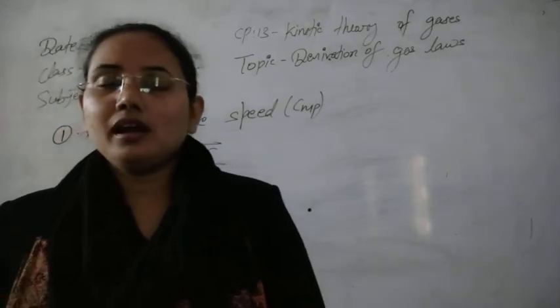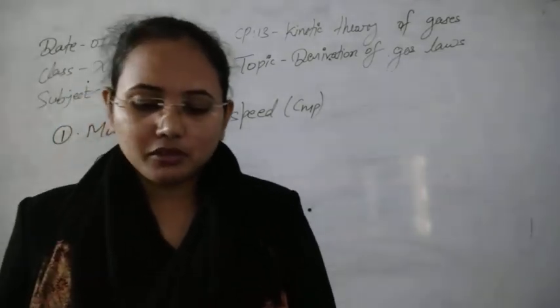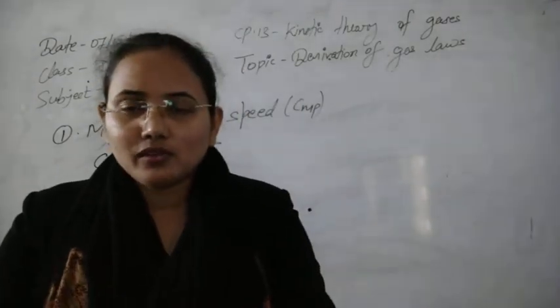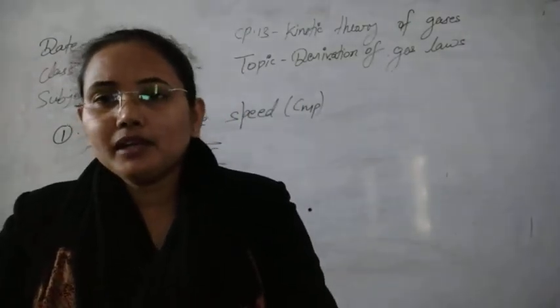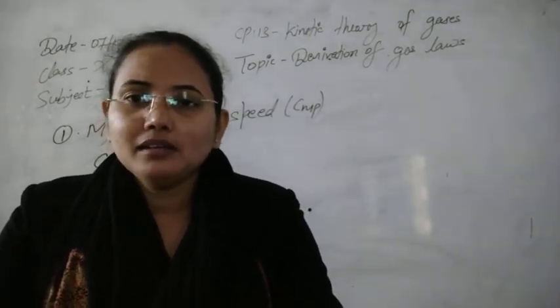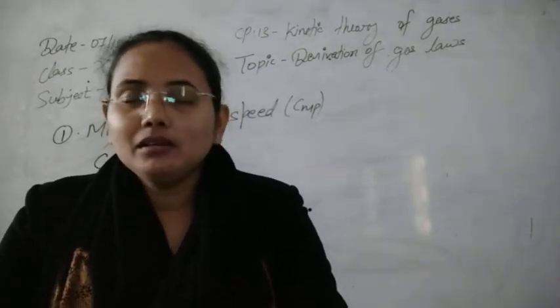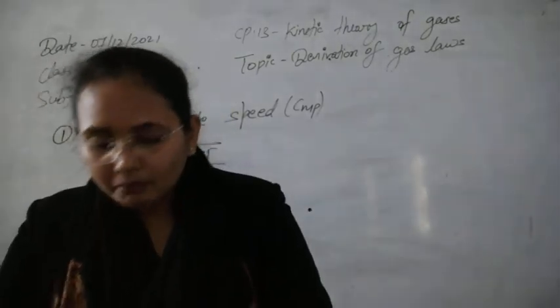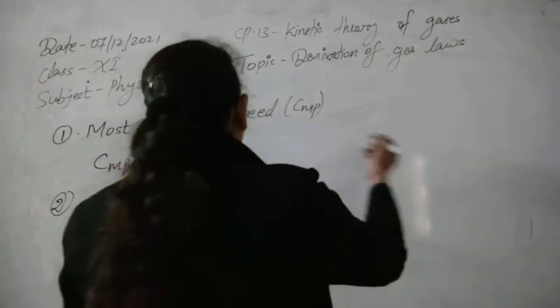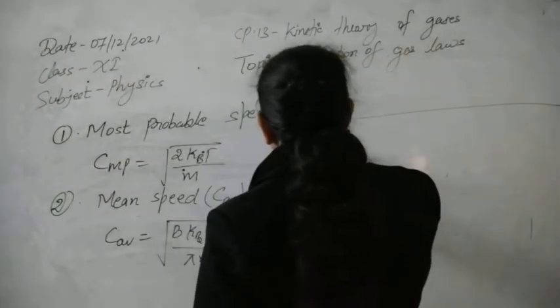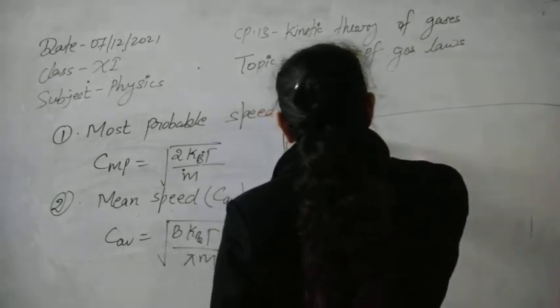So that is why we are taking this velocity, because this velocity gives more accurate results for the velocities of the gases than the mean velocity. So we are taking RMS speed for the calculations of the velocities of the molecules. So mathematically, first of all, by the definition, you will see the root mean square speed.